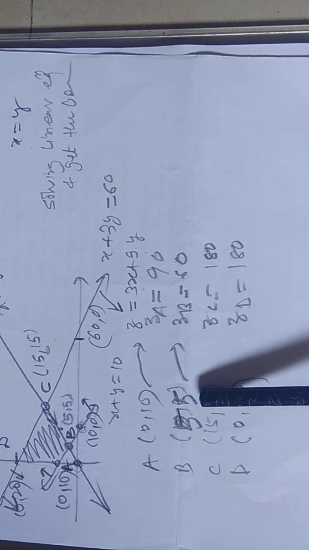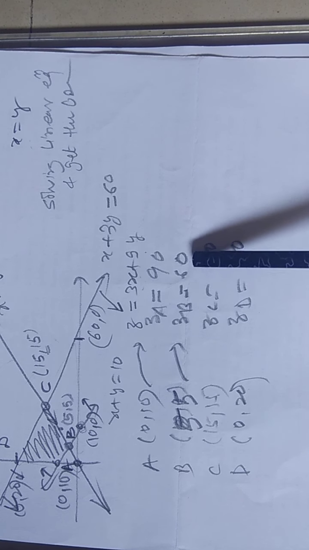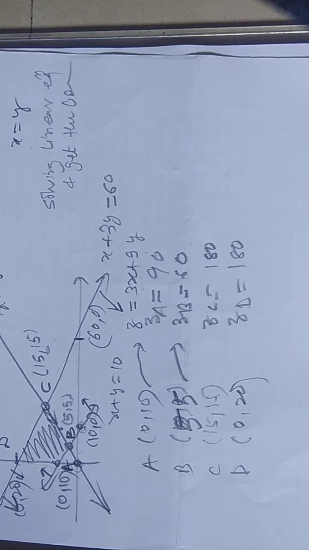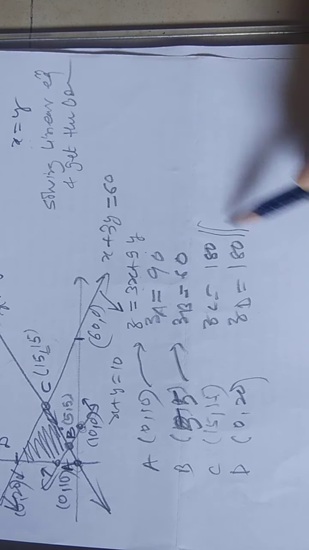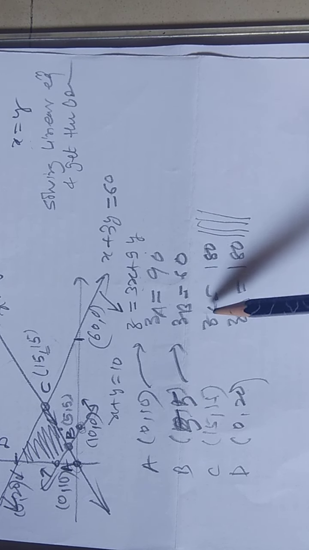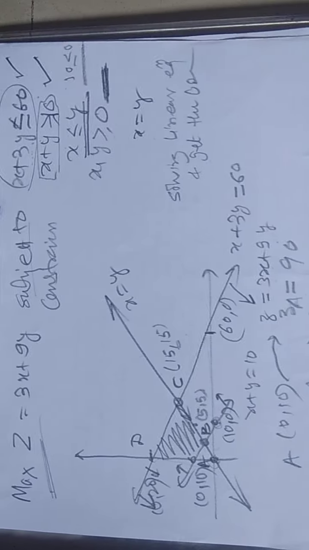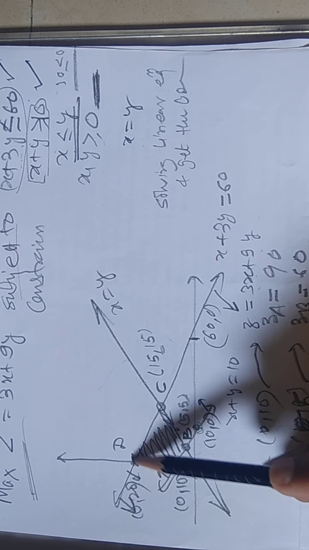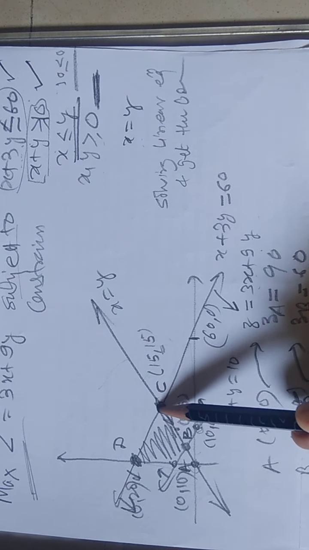Suppose this question is asked for minimization, then your answer is Z will be minimum, because this is the minimum value, at B, 5, 5, and the minimum value is 60. But the question demands maximization. So for the maximum, if you have noticed, there are two points with the maximum value. Sometimes there is a possibility you will get this kind of situation. So now look at C and D. At these 2 points you will get the same answer.